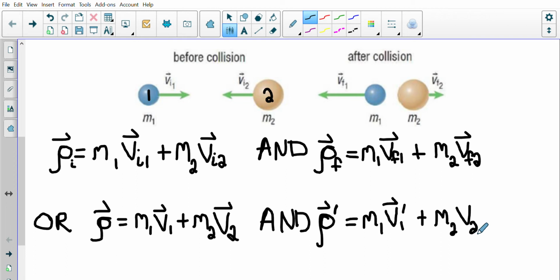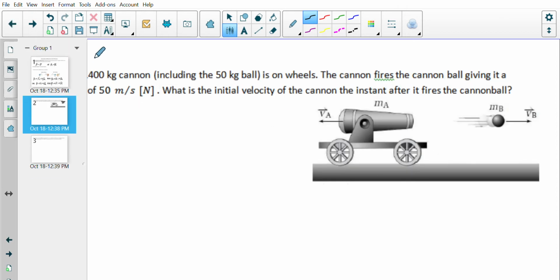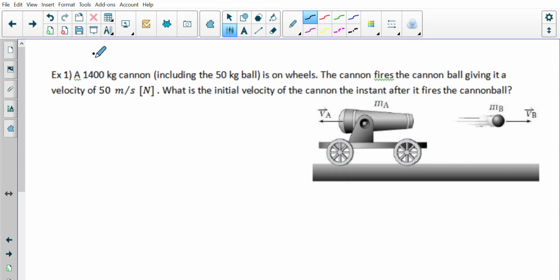Now I like this notation better, but again, there are other ways to notate because you've got multiple velocities here. Essentially, you've got four different velocities: v1 before, v1 after, v2, and then v2 after. So again, it's hard with all the different notation going on there. All right, so using the conservation of momentum,